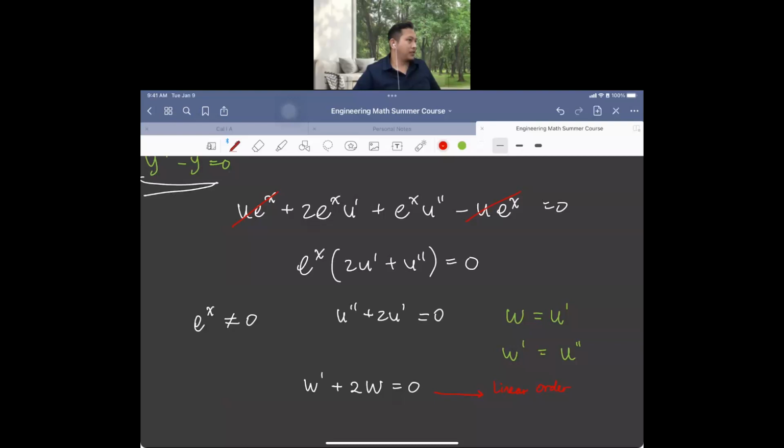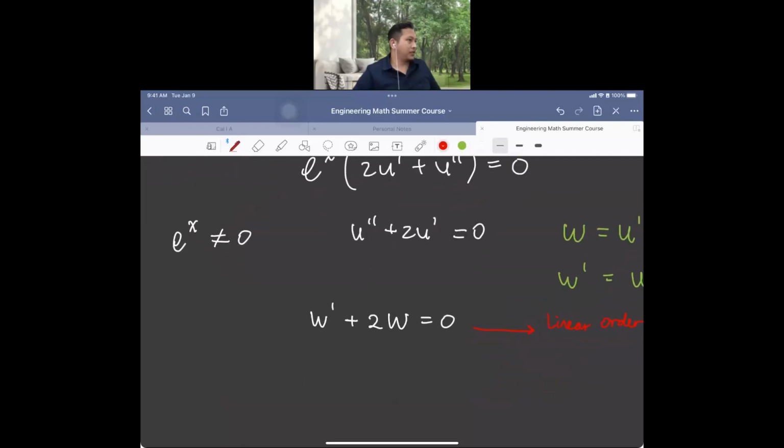And remember that this becomes our first order linear differential equation, right? And we can use the integrating factor that we have in the previous chapter on first order,